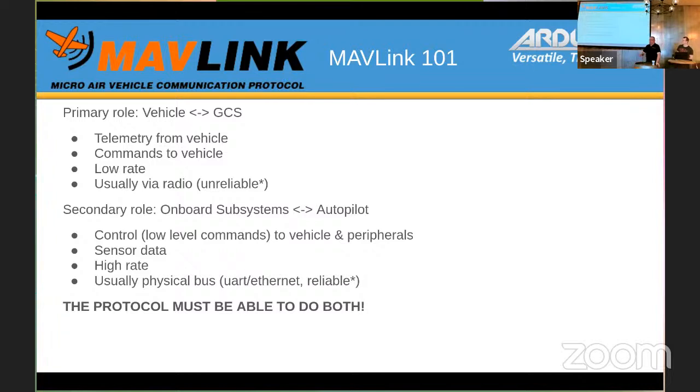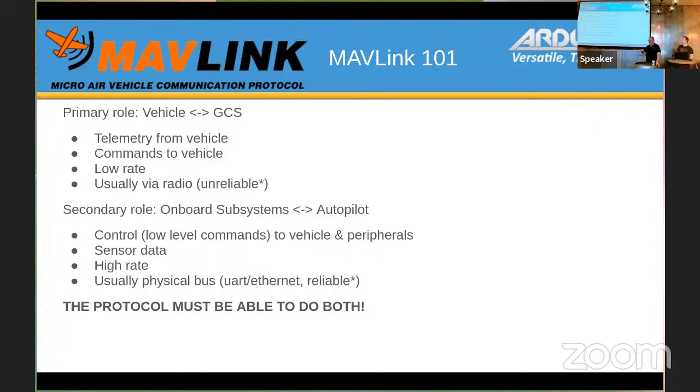What both have in common is that they're relatively low rate, and they are usually via a radio link, which is quite often an unreliable or lossy link. That drives some particular conditions within MAVLink, such as resending or acknowledgements, that enable MAVLink to function reasonably well over that kind of link and provide that function.